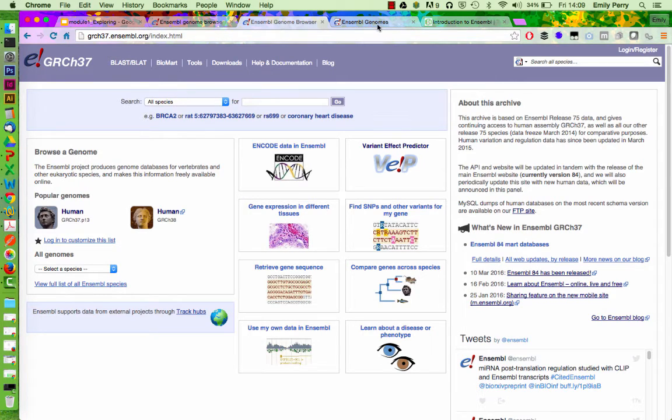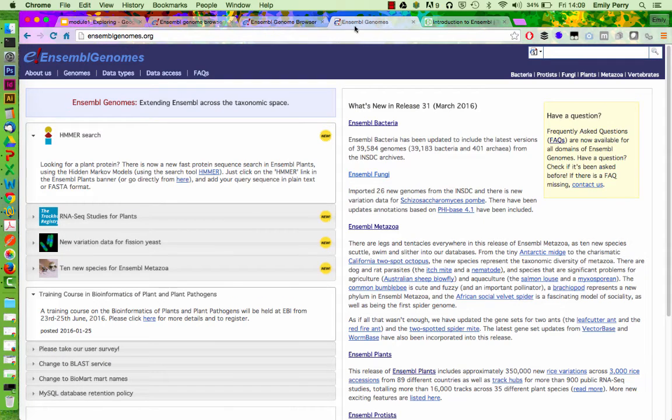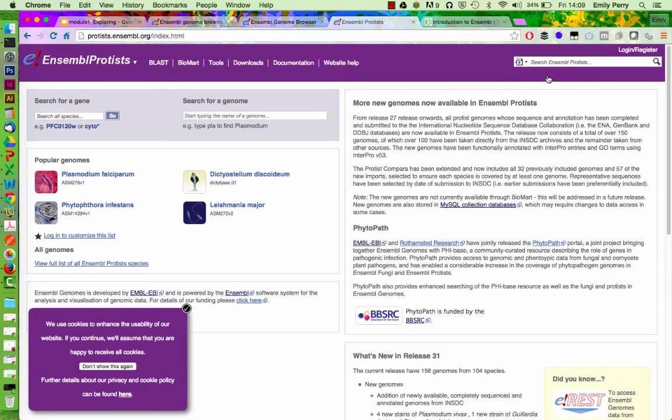I'd also briefly like to show you Ensembl Genomes. So this is at ensemblegenomes.org, and it looks pretty similar. We've got links out here and over here to the different branches of Ensembl Genomes. So we've got bacteria, protists, fungi, plants, metazoa, and a link back to the vertebrates. I'll just show you protists briefly, and you'll see that it's basically the same as we saw with the main site, except at the top it's purple, so we know which one we're in. But everything else works exactly the same.